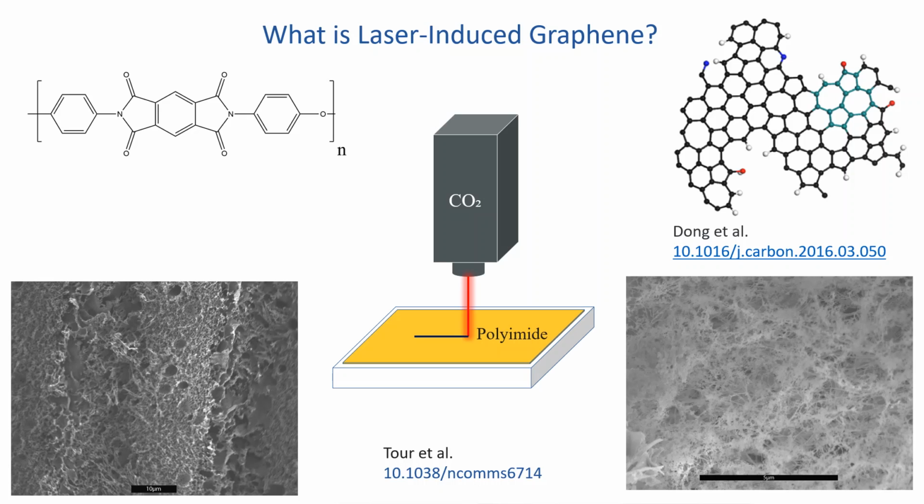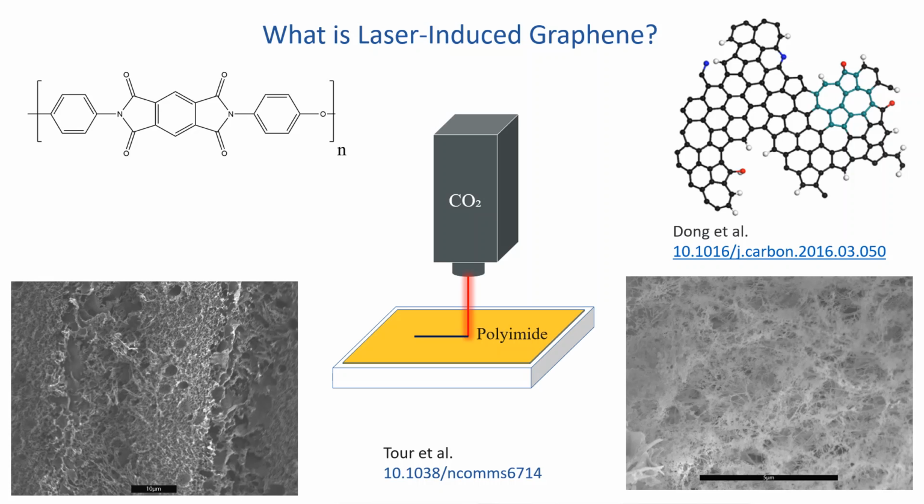Laser-induced graphene, or as I may slip into calling it LIG, is a really exciting and promising material for integration with industrial processes at the back end of line. It was first produced by Tour et al. in 2014 by accidentally lasing a piece of Kapton polyimide tape while trying to reduce graphene oxide. The black material produced, to their surprise, was a graphene-like material when examined by Raman spectroscopy, XPS, and transmission electron